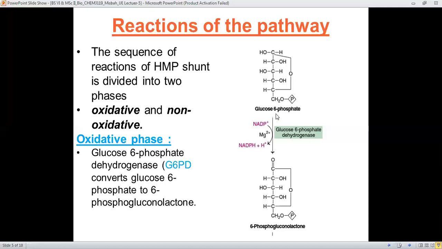And in this way, the glucose 6 phosphate is changed into 6-phosphogluconolactone. Lactone formation takes place here. Lactones are cyclic esters. Therefore, the ester functionality is built here by the removal of one, and second one hydrogen from this carbon, and these first carbon and the fifth carbon are joined through the oxygen. Therefore, there is formation of the lactone.